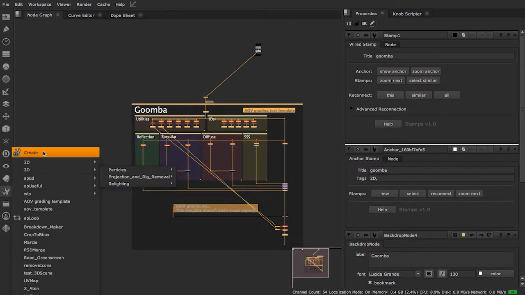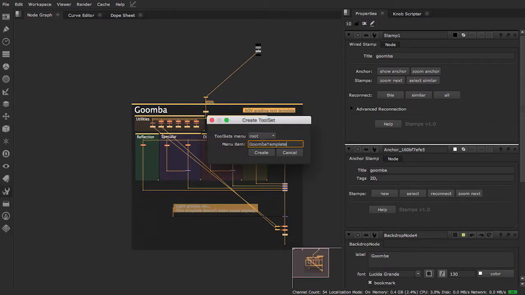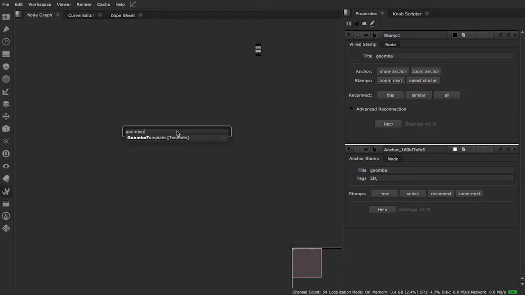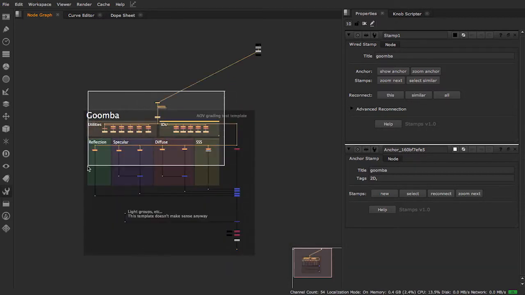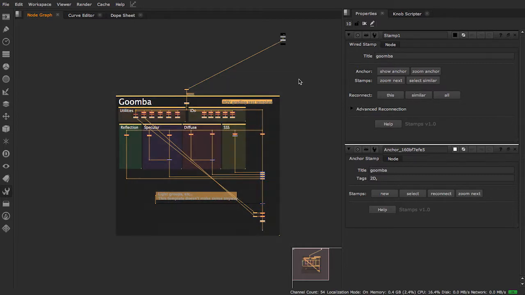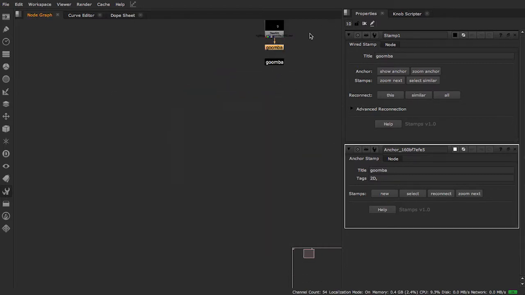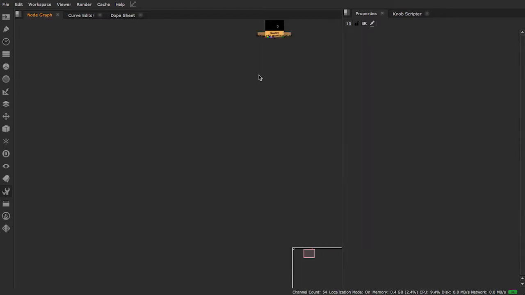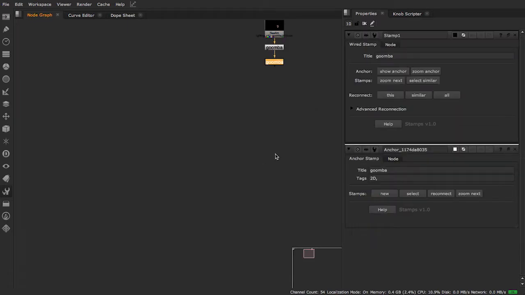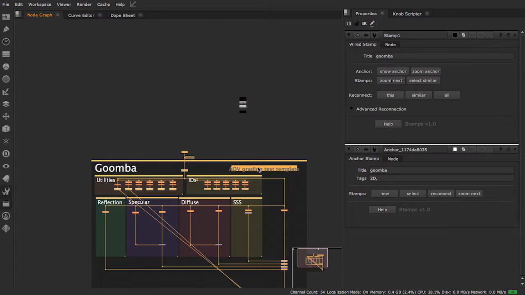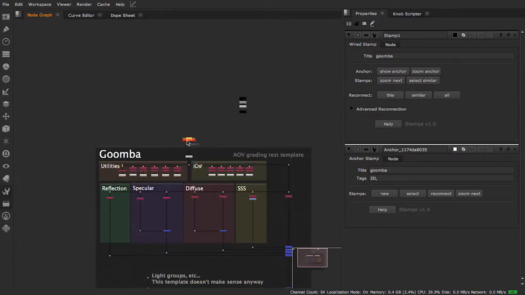You can save it anywhere, but now we will do it as a toolset. Let's call it Goomba template. So now we can bring the Goomba template and it will auto-reconnect to the Goomba. The problem with this is the same we had before, that this connects based on the internal name. So if we remove it and make a new Goomba stamp, like if we are in a different shot, when we now bring the template, it will not be able to reconnect because it has to reconnect by title and